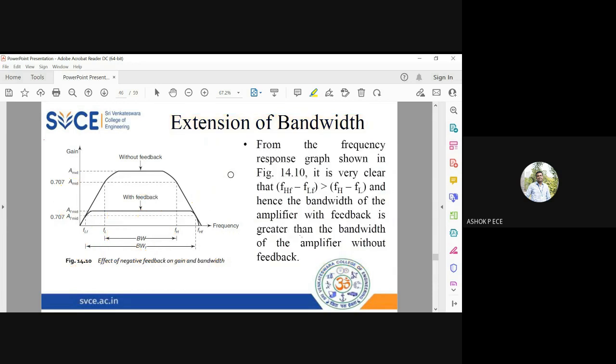Okay. So this is the frequency response graph. You see, without feedback, two things you have to observe. Without feedback, the gain is high and the bandwidth is less. This is with feedback, the gain is less and the bandwidth is